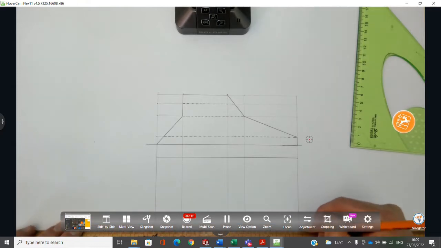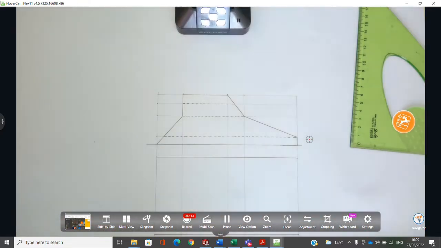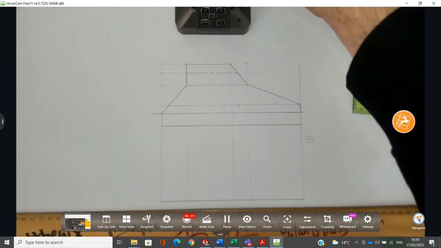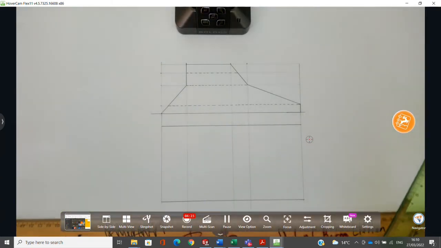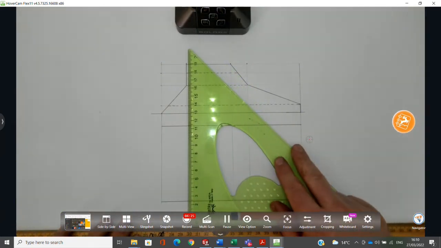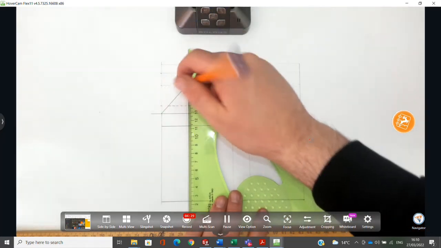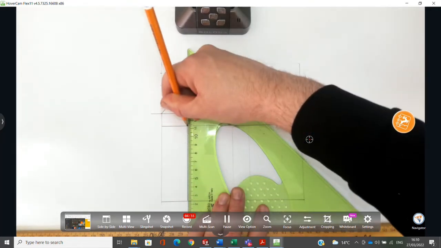There's going to be two heavy lines representing an edge view, the front face and the back face. I'll just move the visualizer down. So that's going to be the outline there, and this is going to be an edge down in plan. So I'm going to heavy in this line